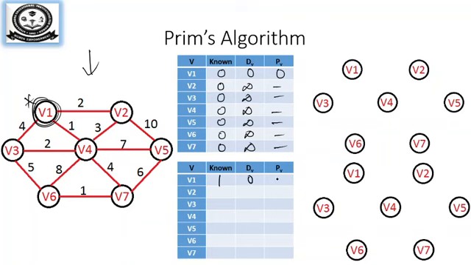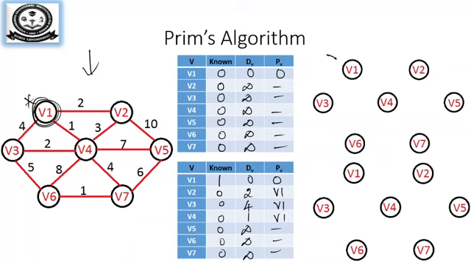So 1, 0, 0. Now what are the vertices that are adjacent to v1? You can see it is v2, v3 and v4. Now v2 is connected with the distance of 2, with the previous vertex v1. And v3 is connected with the distance of 4, the previous vertex is v1, and v4 is connected with the distance of 1 with the previous vertex v1. The remaining vertices are going to be the same: 0, 0, which are unvisited, and their distances are still yet to be calculated.